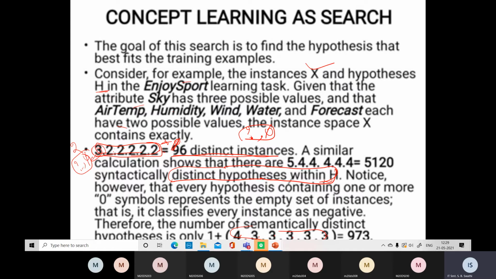When all are null, there is also one row that will be generated where all the 6 attributes are null. This is also one type of training data, one instance, which is equal to 1, and that one is added over here. Are you following, students? Yes, ma'am. Okay, so here we are taking 433, 333.